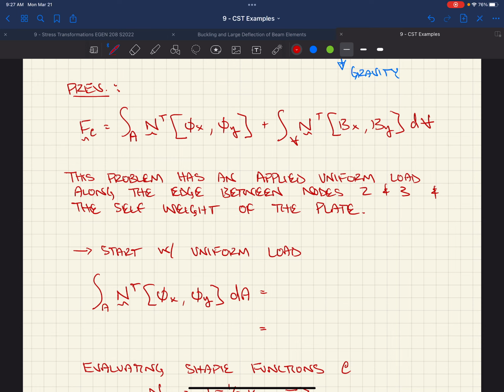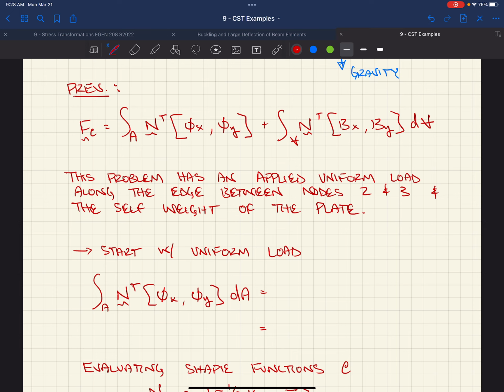And then finally we have body forces, right? And we talked about how body forces are really over the entire volume, okay? In our case, if we have self-weight, that's a density related thing that is related to the volume of our element. So we really have now a traction and a body force, okay? So this problem has an applied uniform load along the edge from 2 to 3 and the self-weight of the plate. So if we start by just looking at the uniform load, now I'm going to need to